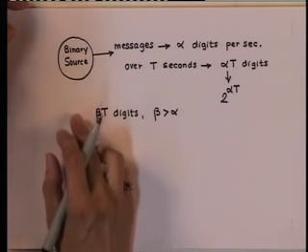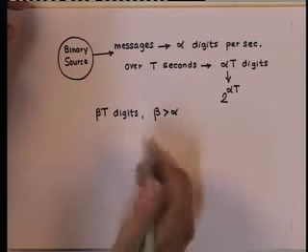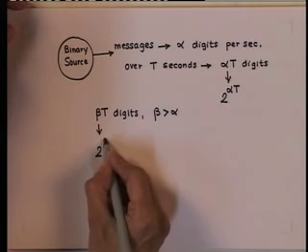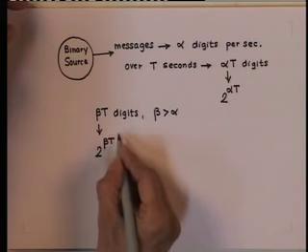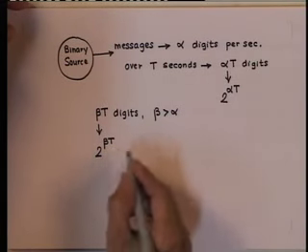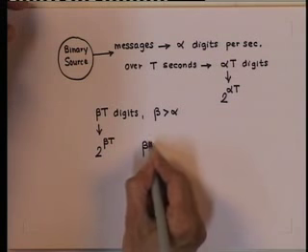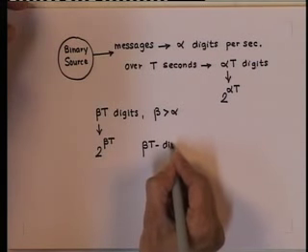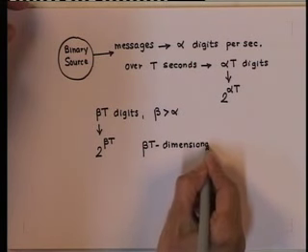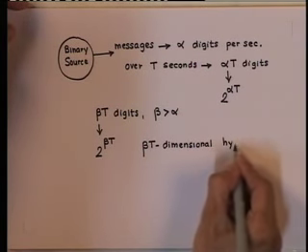Now, because beta times t digits can form 2 raised to beta times t distinct patterns, which are the vertices of a beta times t dimensional hypercube,